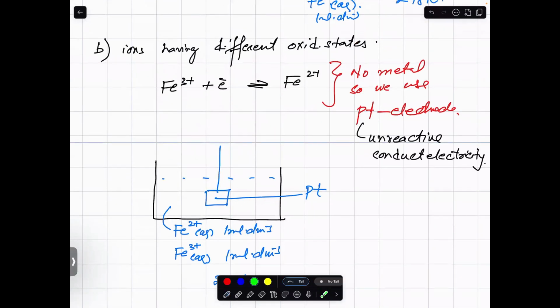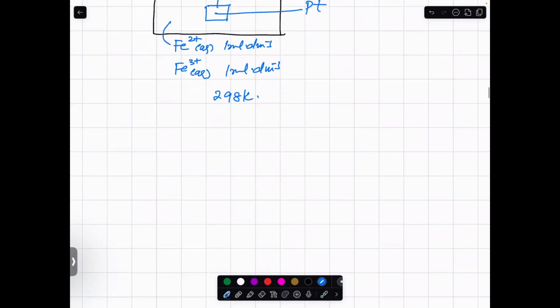Look, this is iron 3, iron 2, each is 1 mole per dm cube, and there is no metal. These are ions, these are not metals, these are ions. So if there is no metal, what are you supposed to use? Platinum, right? Now, suppose they ask you to draw